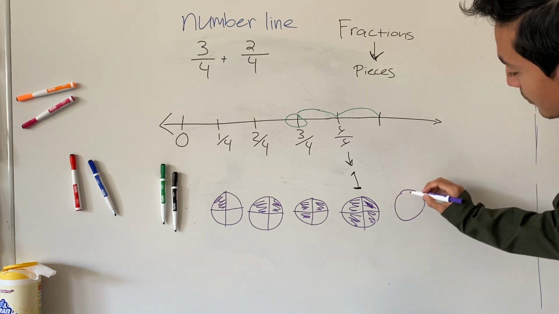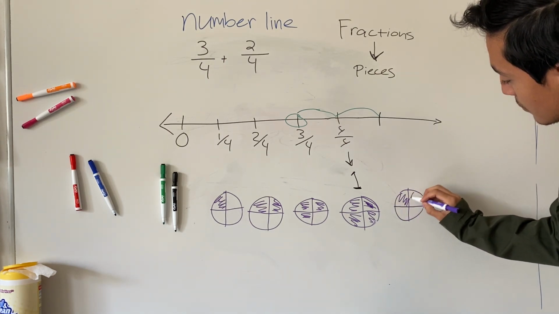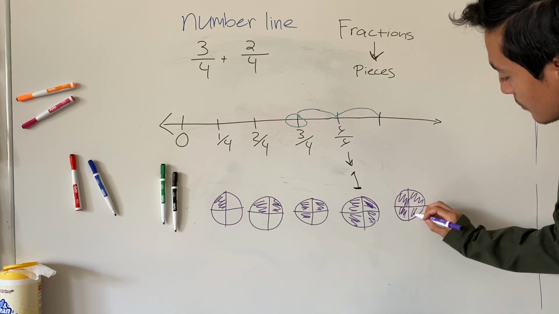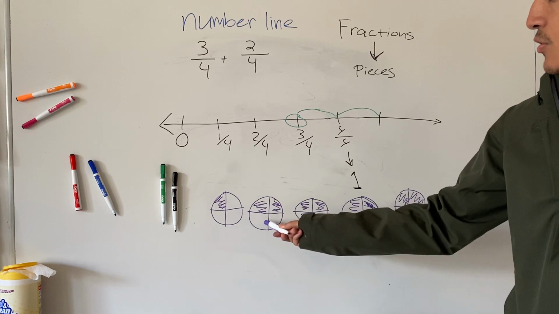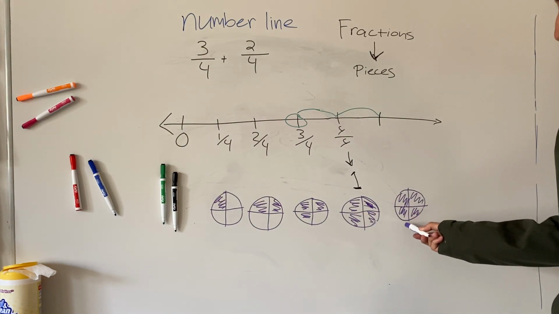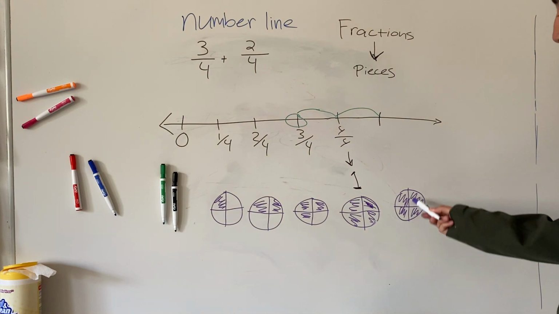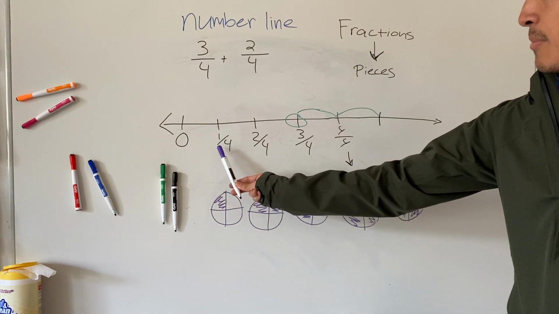I have 1 full circle. Again, I'm going by order, right? We have 1/4, then 2/4, then 3/4, then 4/4. I can add on another piece. I can't add on 5 pieces, but what can I do instead? Well, since we are skip counting by 1/4,